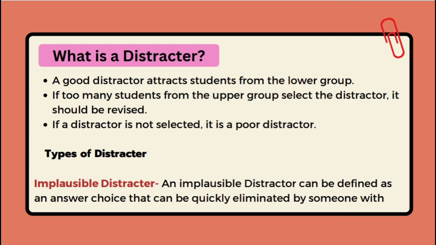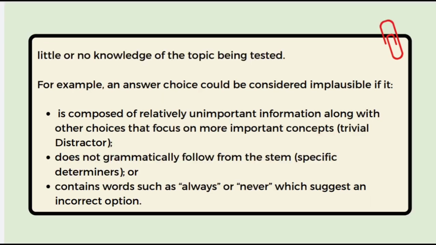There are types of distractor. First is implausible distractor. An implausible distractor can be defined as an answer choice that can be quickly eliminated by someone with little or no knowledge of the topic being tested. For example, an answer choice could be considered implausible if it is composed of relatively unimportant information along with other choices that focus on more important concepts, or trivial distractor. Does not grammatically follow from the stem or specific determiners, or contains words such as always or never, which suggest